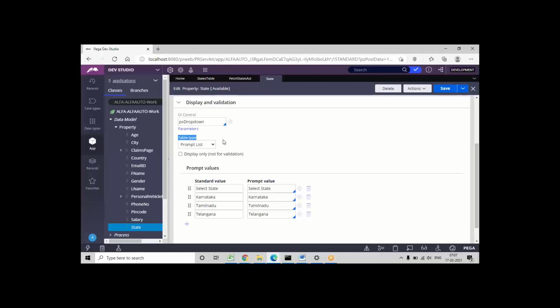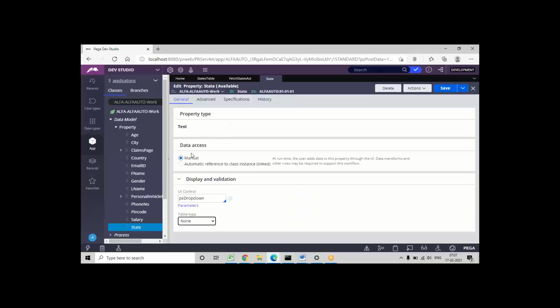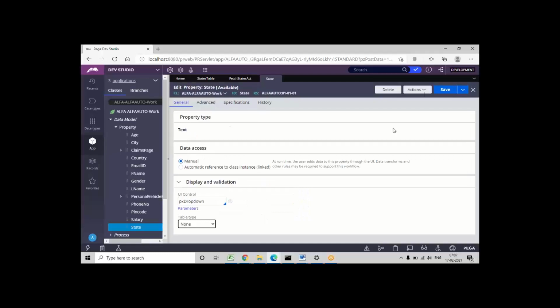So what we need to do is change this option to none, whichever option we have here, so that the static data will be removed. So change that option to none. Now save this one. Okay, so like that, remove the static data so that we can load dynamic records. Actually it is not mandatory; even if you have static records you can load dynamic data.